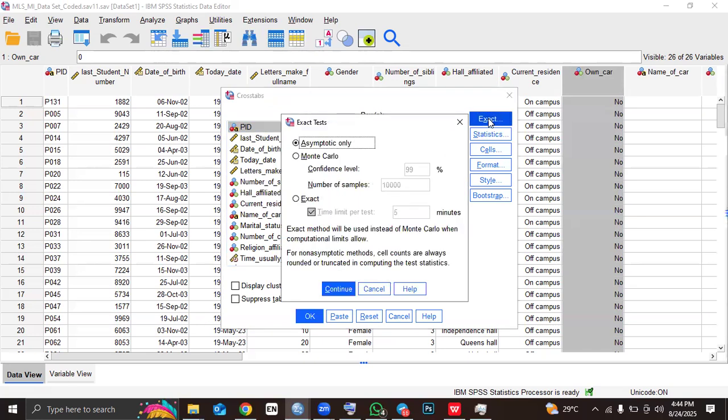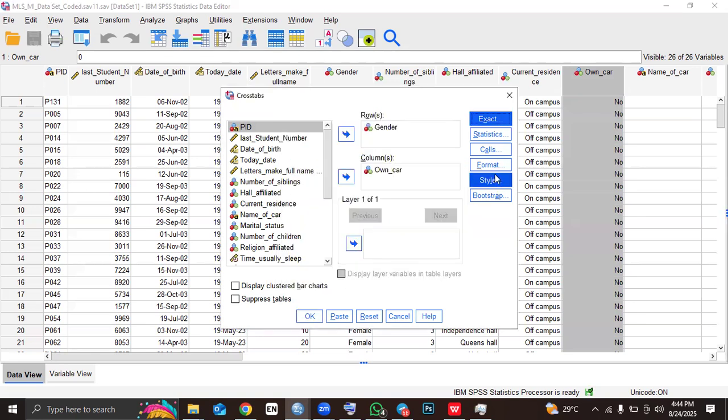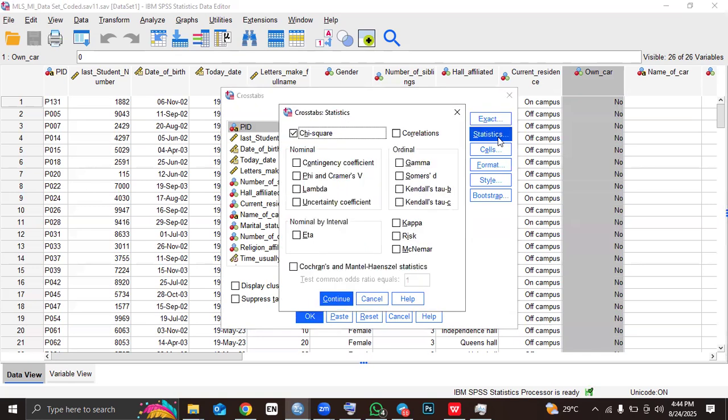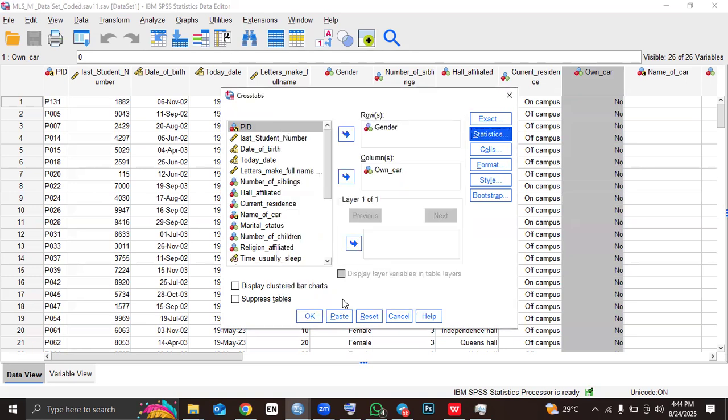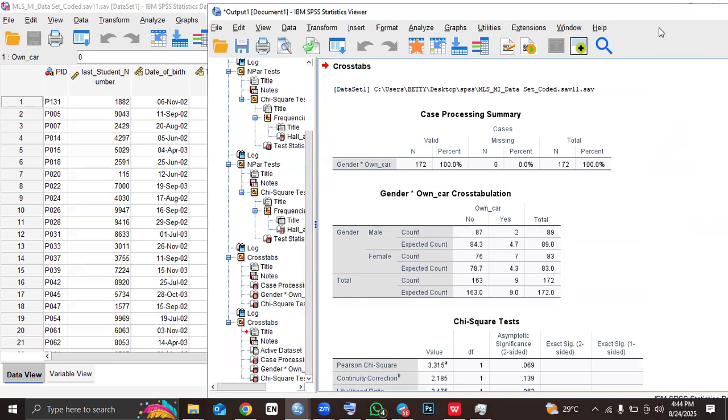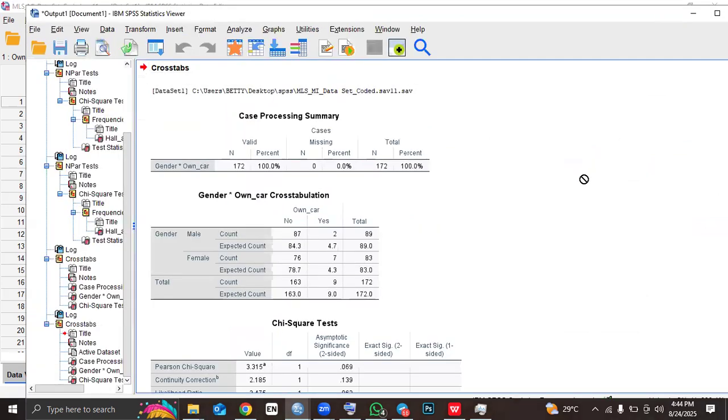When we come to Exact, we have to make sure that Asymptotic only is ticked. Then we click on Continue. When we are done, we come to Statistics and make sure that Chi-square is ticked. Then we go to Continue. Once we are done with that, we can click OK. SPSS is going to automatically run the analysis for us and give us an output. So this is our output data